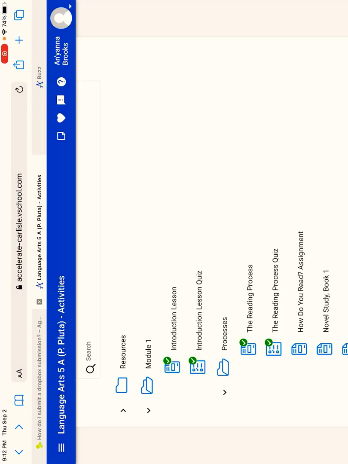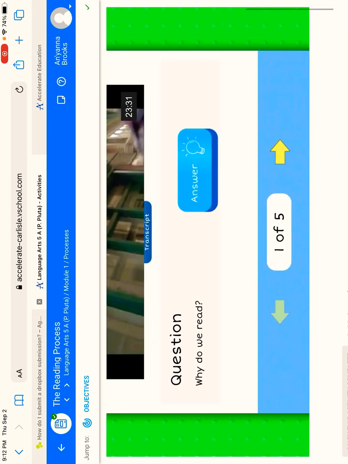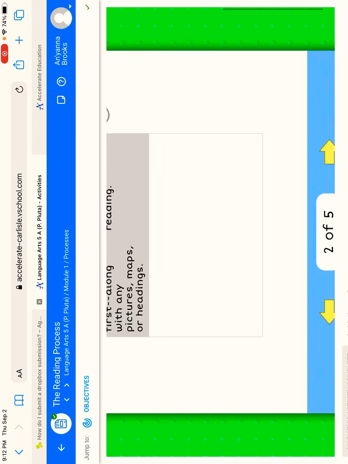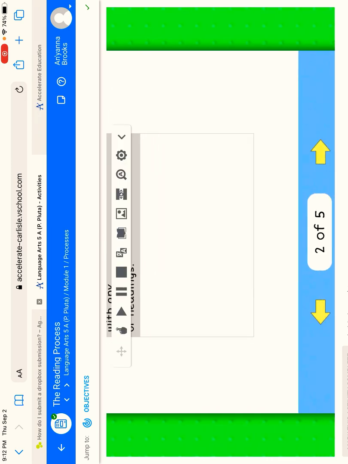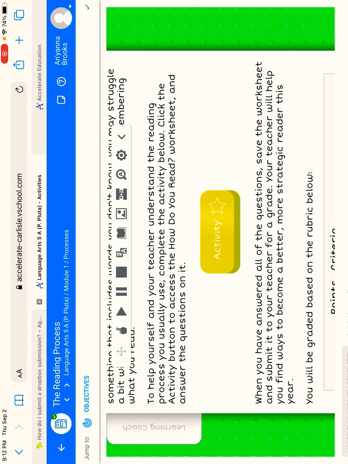Again, I'm going to go to a 5th grade activity, and the activity is going to be the reading process. Now, on this activity, let's go through here. You're going to complete these activities, and when you get to a yellow box, this is an activity that